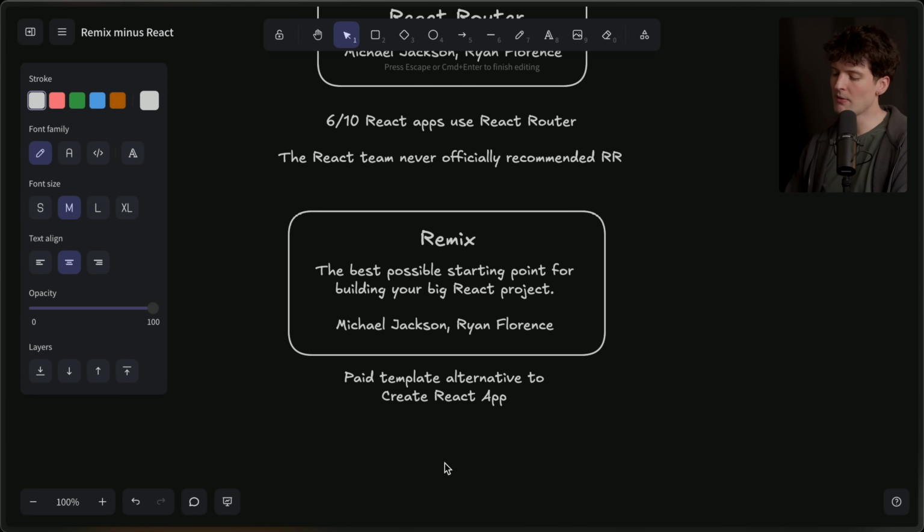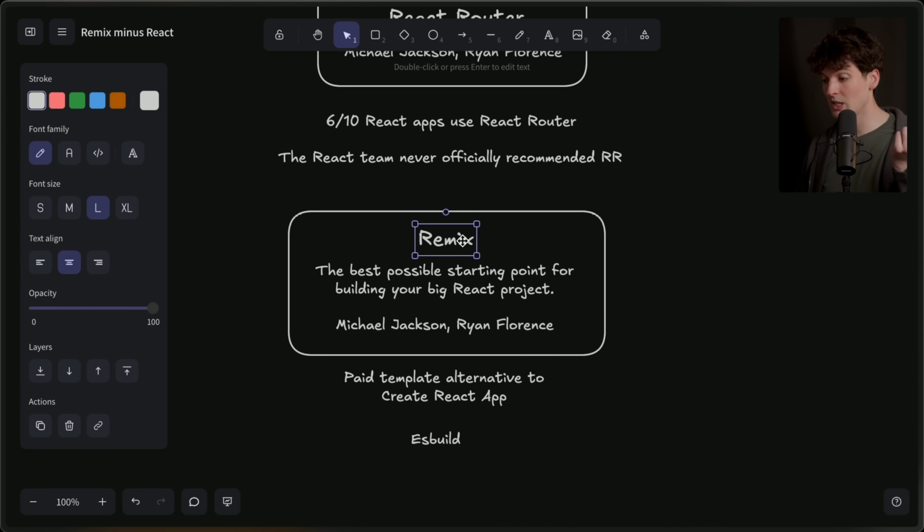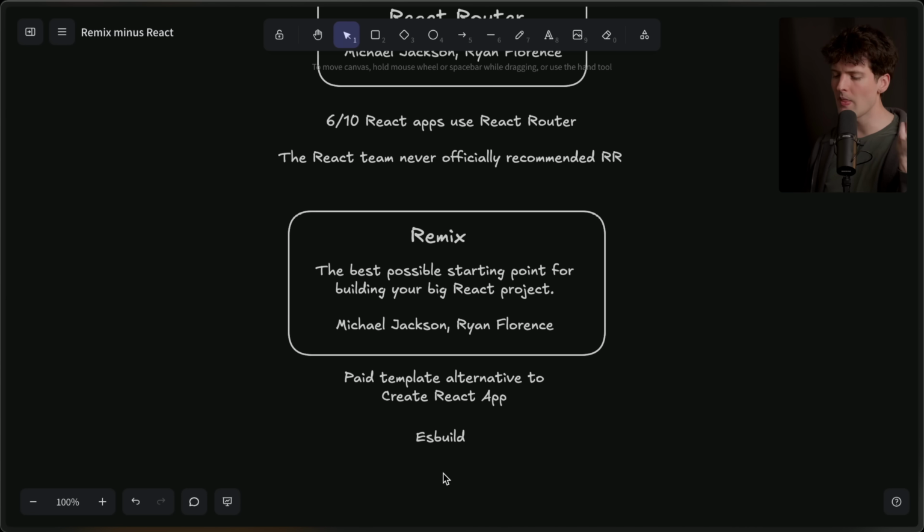They bet really heavily on ESBuild, which was super new at the time. ESBuild was the first of these modern bundler tools. It was written in Go by the CTO of Figma at the time to try and make their build times less shit. And it was really, really fast, but it didn't really have a plugin architecture at all, which meant they had to build a ton of pieces in order to get ESBuild to properly bundle and create your React